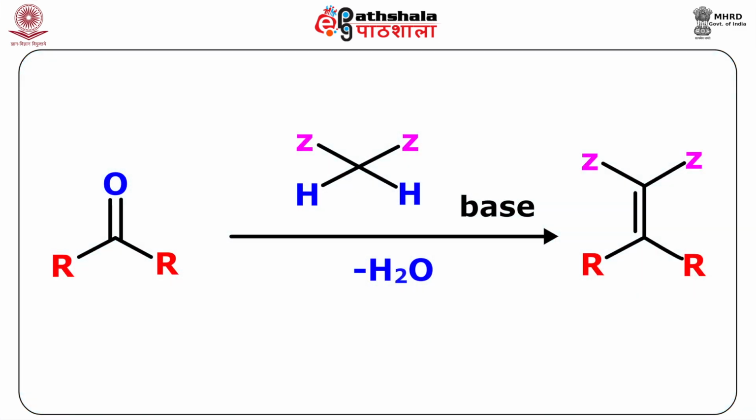And if we look at the general reaction for Knoevenagel condensation or Knoevenagel reaction, this is shown as you can see here. There is a carbonyl compound represented here by RCOR, and there is an active methylene compound which is represented by the CH2 joined to 2 Z groups. In the presence of suitable base, we get this particular combination happening. There is overall removal of 2 hydrogens from active methylene compound and oxygen from here, and we get this particular condensed product.